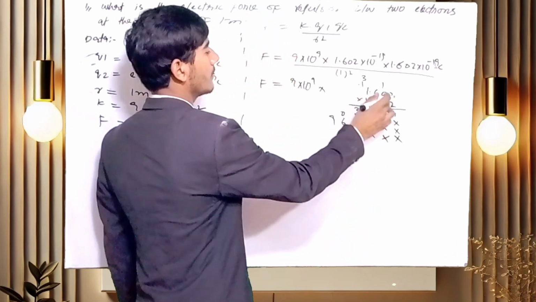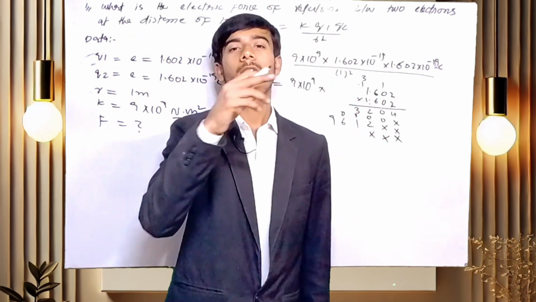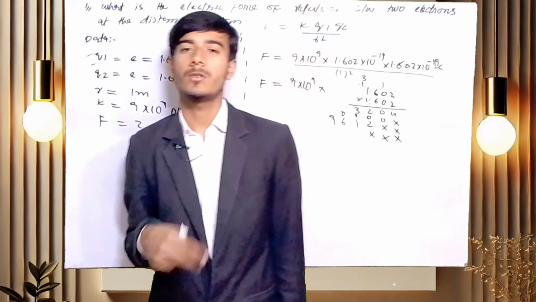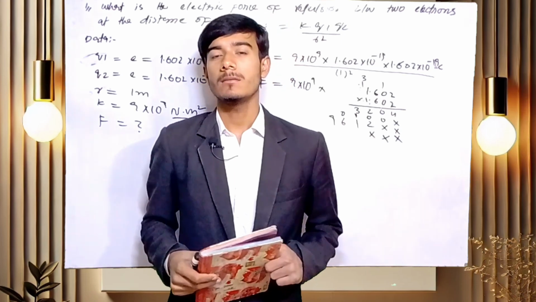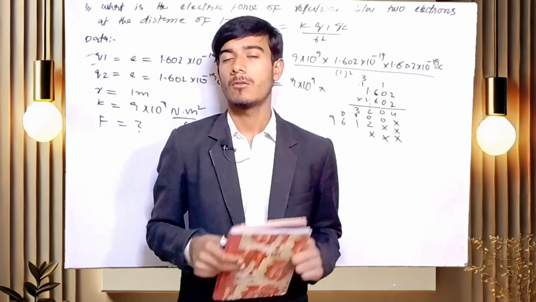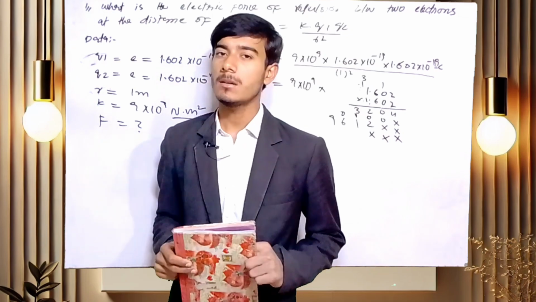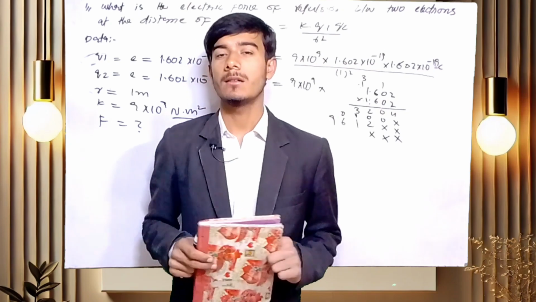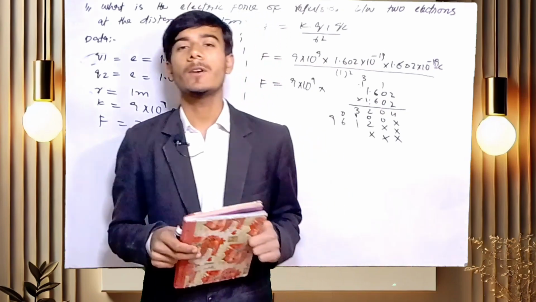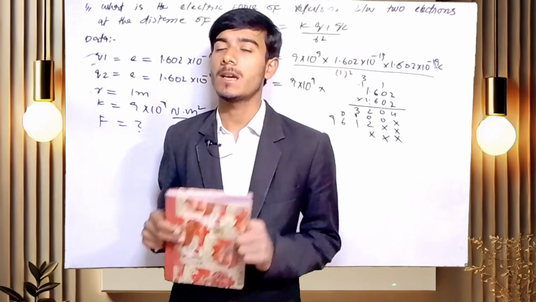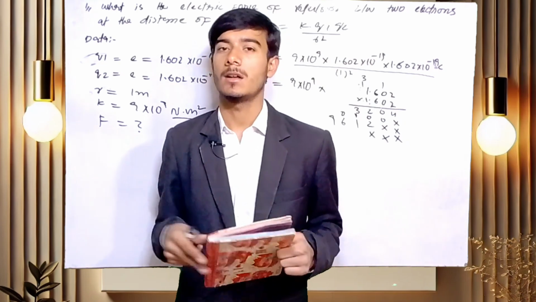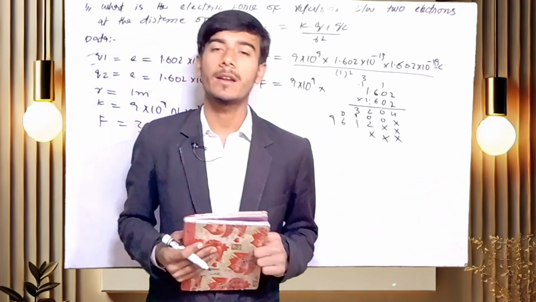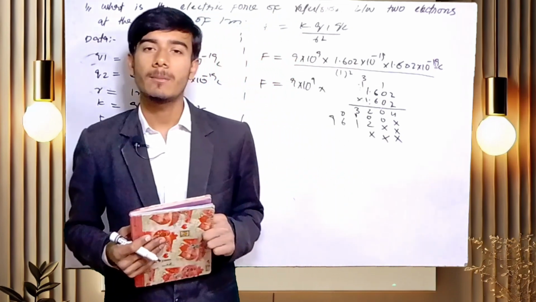Now I will multiply 1 to every digit available on the upward side. 1 multiplied by 2, and there is also another point. You know that if I multiply any number by 1, the answer will be the same. For example, if I multiply 2 by 1, the answer will be 2. If I multiply 10 by 1, the answer will be 10. That means if I multiply 5000 by 1, the answer will be 5000. So this is the multiplicative identity: 1 is the multiplicative identity.